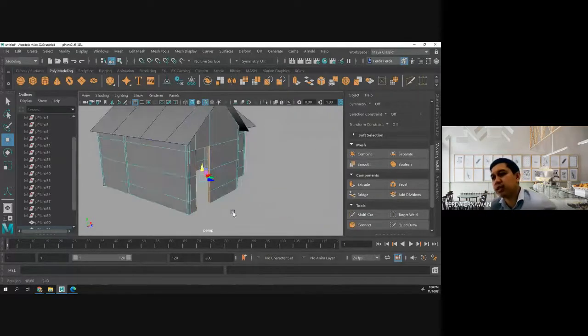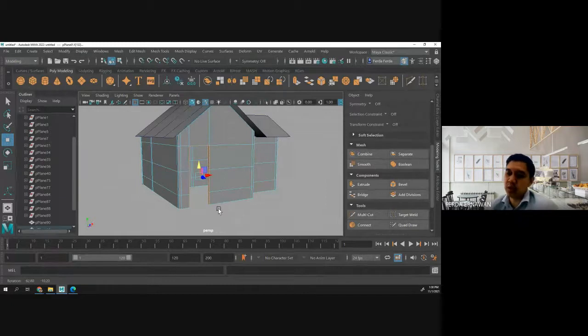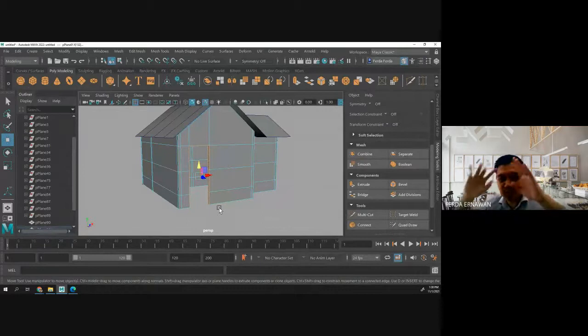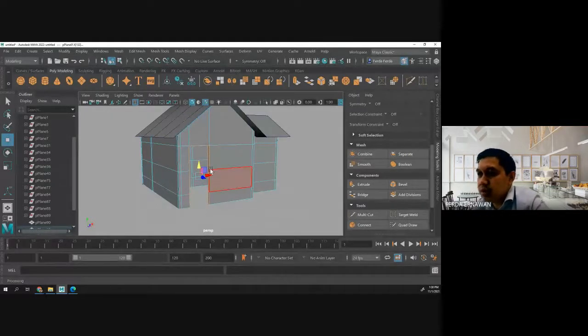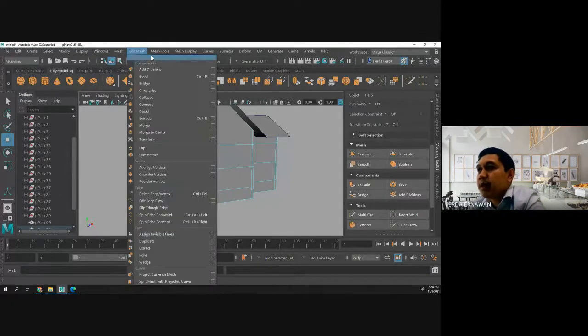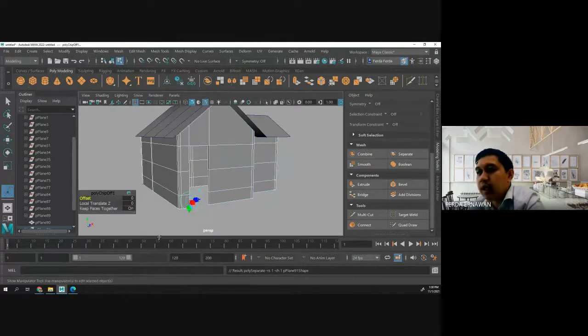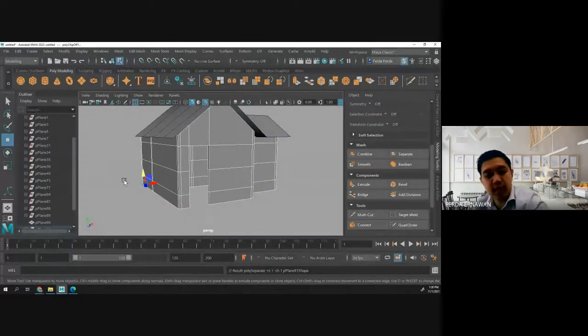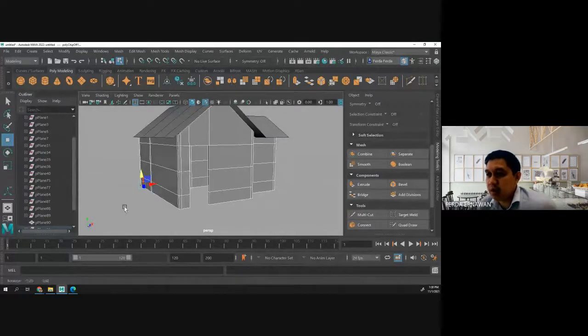So now I'm selecting the door, the polygon of the door. If you look at this one, it's too sharp, it's too simple. So we want to make it become something more realistic. So what should you do? I already copy the face of the door. Then I'm selecting edit mesh. Choose the duplicate one. I already duplicate the face of the door. Okay. Now,